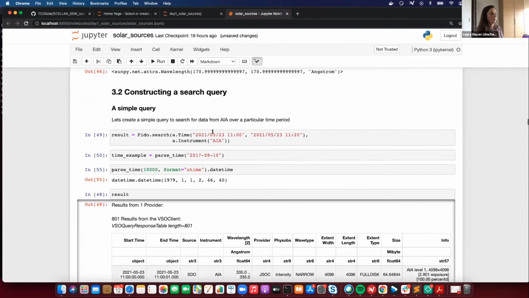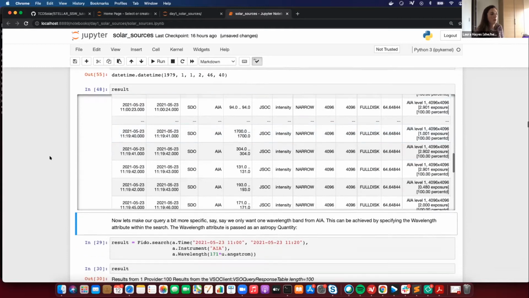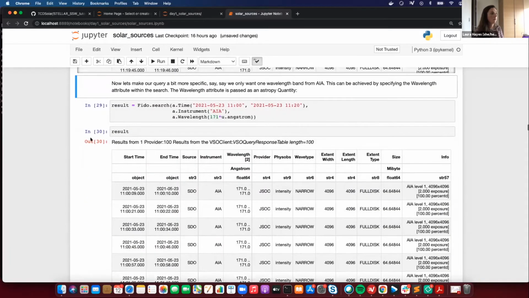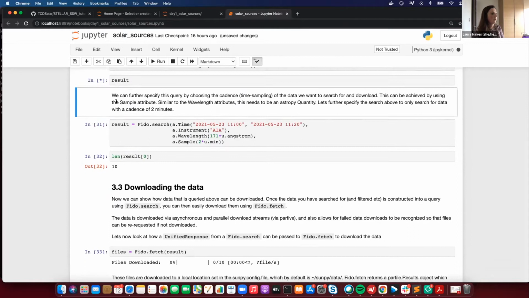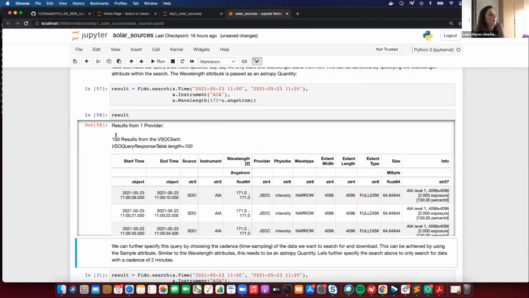Okay, so just moving a little bit on. We built a very simple query here. But say, for example, this is returning all these different wavelengths. I know I only want to look at 171 angstrom. Let's specify our search a little bit further, and we can add in a wavelength. So we're going to add in, we only want AIA data at 171 angstrom between these times, and we can run this again. And we can see it's returning another table, but now there are only 100 results,